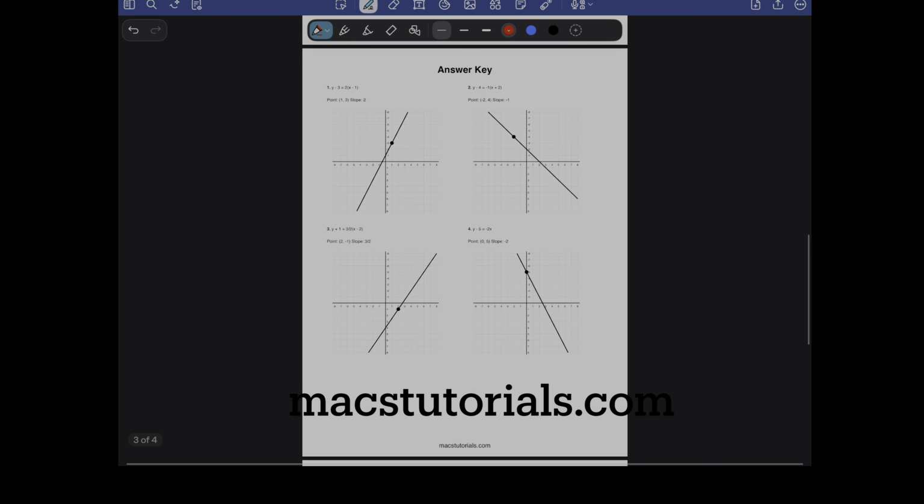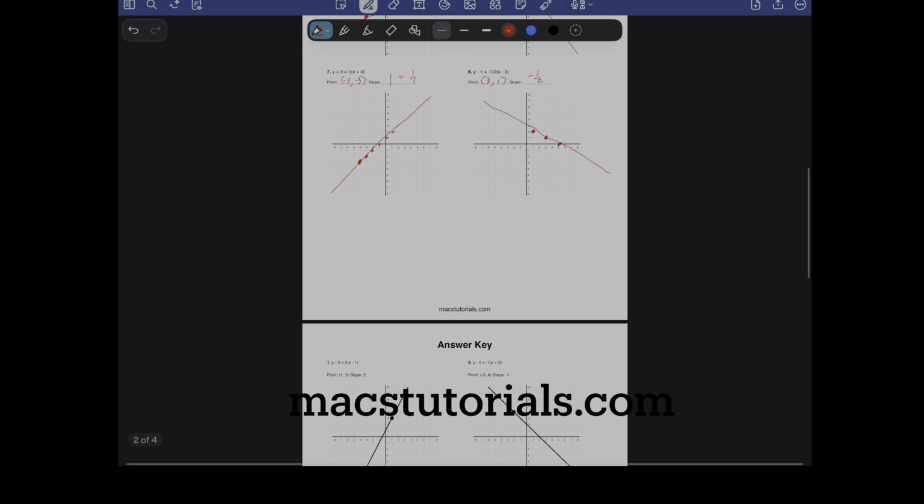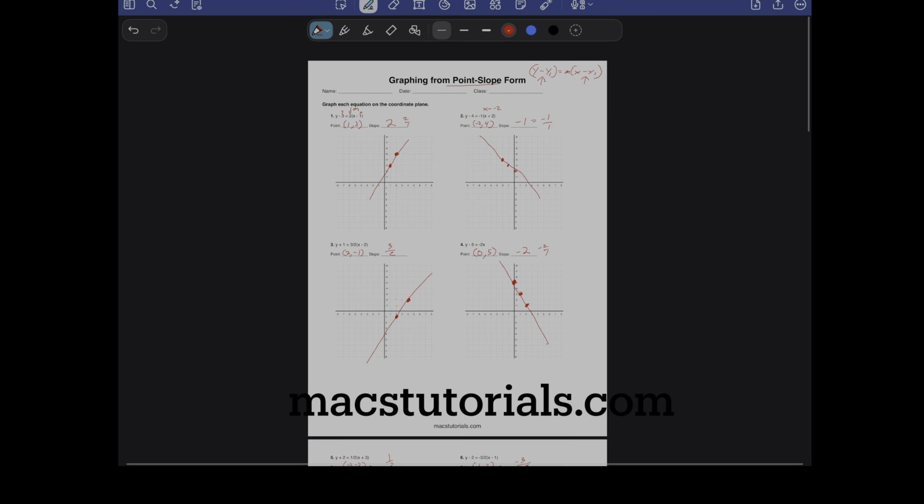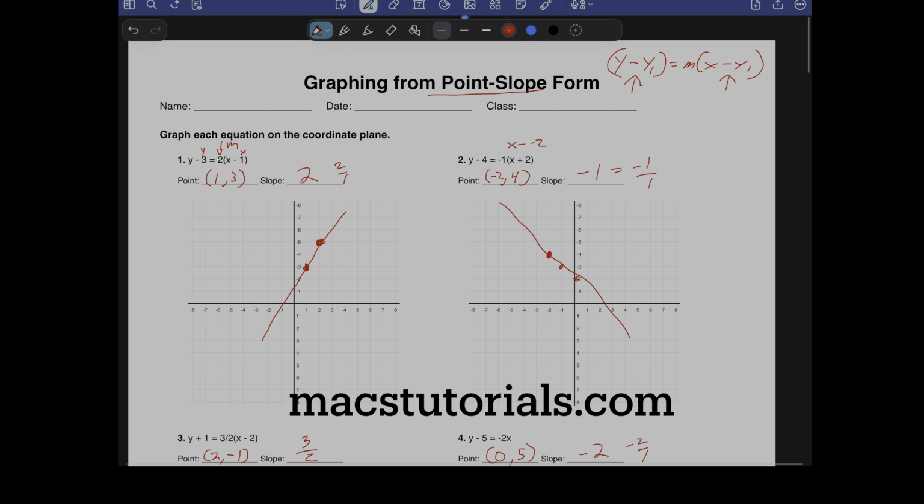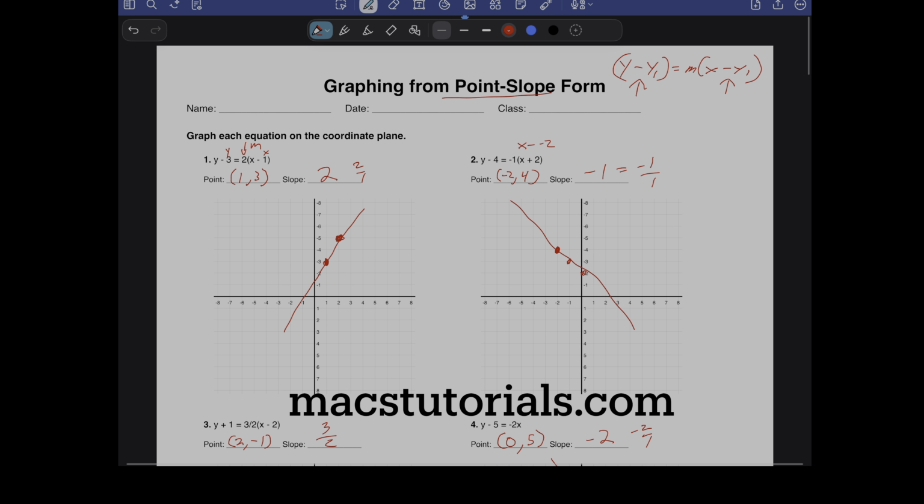If you want to see them prettier, I do have an answer key right here, all right? So anyways, that's how we do them. That's how we graph a point slope. Now, I have 3 videos in here, and all 3 videos are a little bit different. So watch all 3 of them, and then I also get into how these are different than y equals mx plus b. And so, you know, when you use which formula, and that'll really help you out. So please look at that, and you guys will be pros at both the point slope and the y equals mx plus b